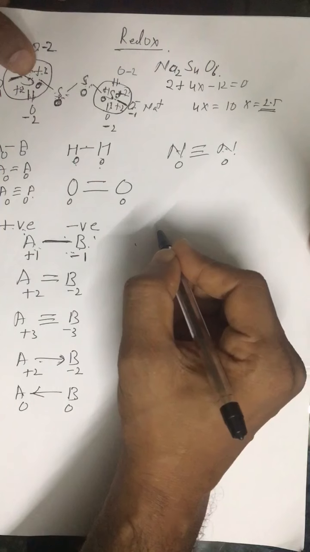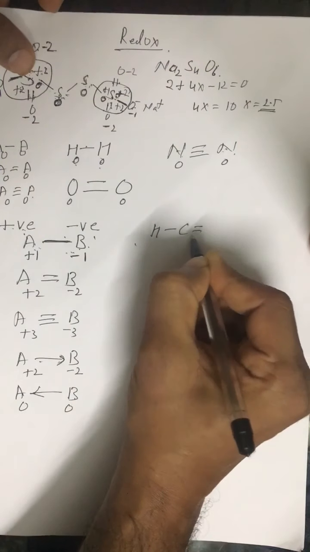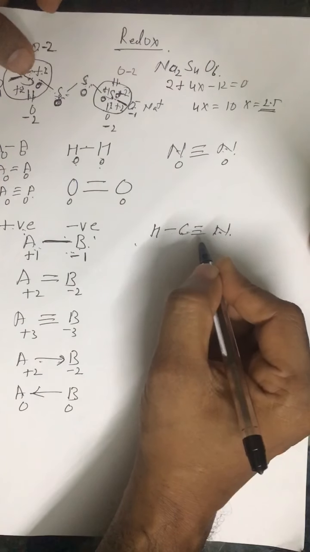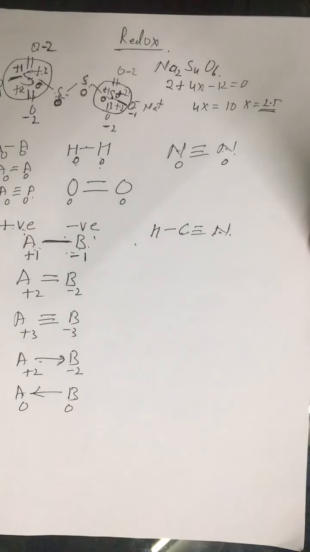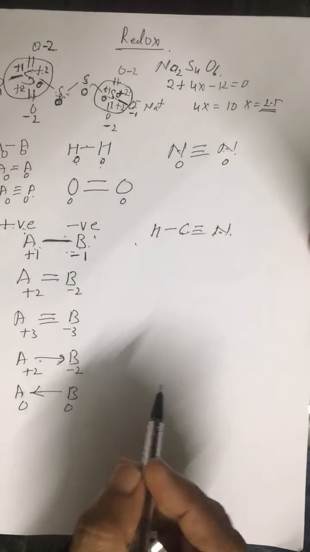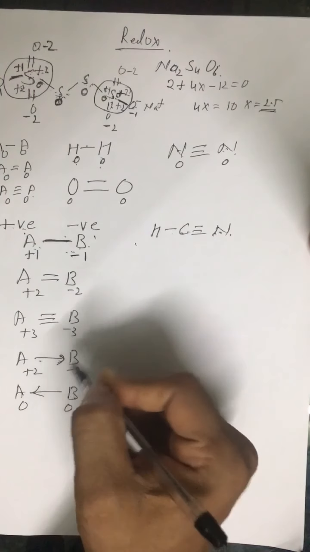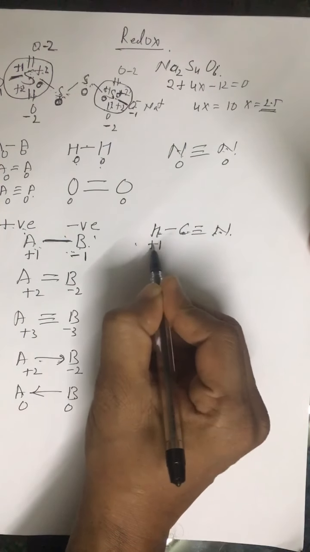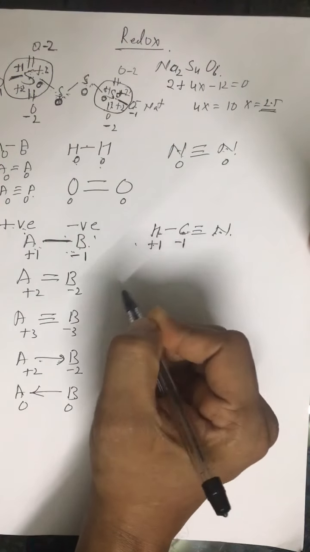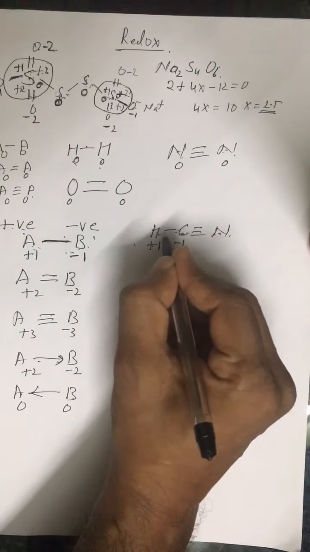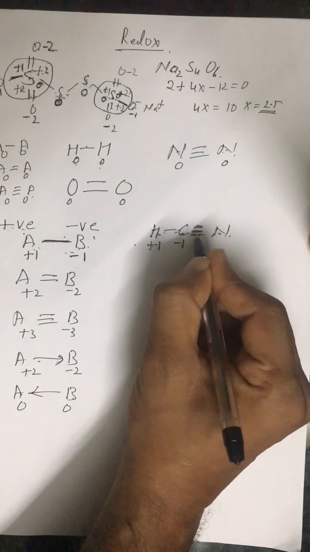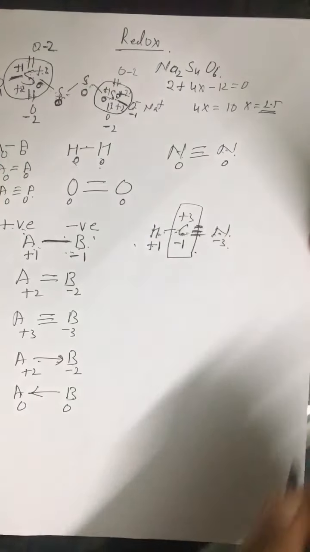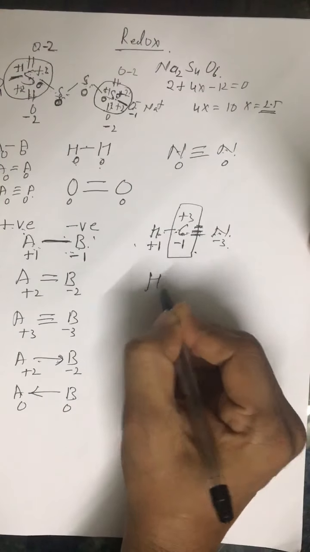Similarly, if we are given hydrogen cyanide, you cannot calculate the oxidation state of carbon and nitrogen because we don't have any rules for carbon and nitrogen. Both are variables. So again, this rule is used. Out of hydrogen and carbon, hydrogen is electropositive, so hydrogen is given +1, carbon is given -1 due to this bond. And due to these three bonds, carbon is given +3 and nitrogen is given -3. So overall carbon has +2 charge. Now look at HNC.